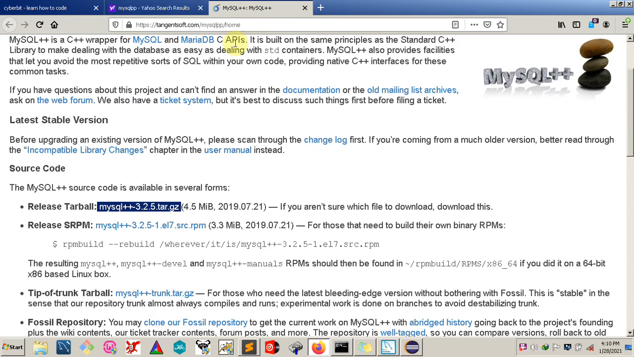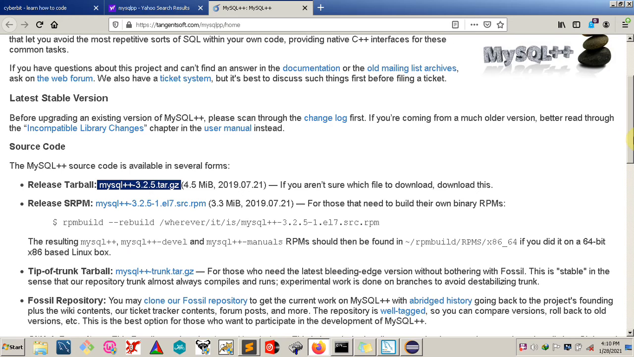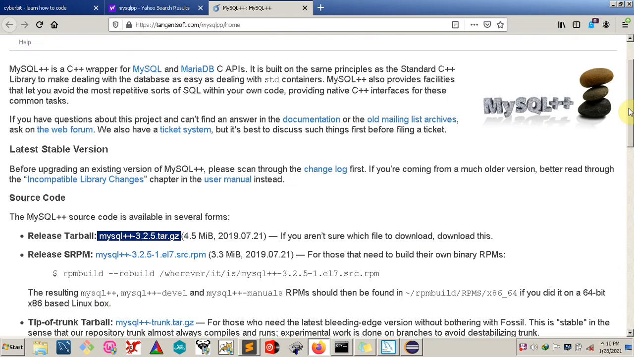It will take you to this page, and here you might want to read and see what mysql++ is all about, but I'll be interested in the mysql++ 3.25 tar.gz. So click on it and download it. Once you have a copy of that,